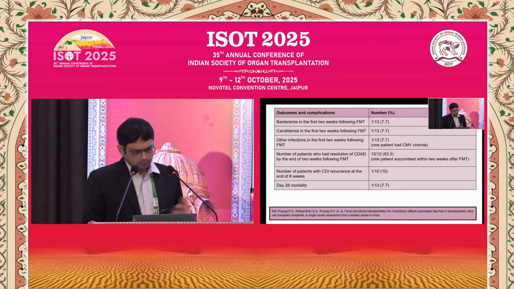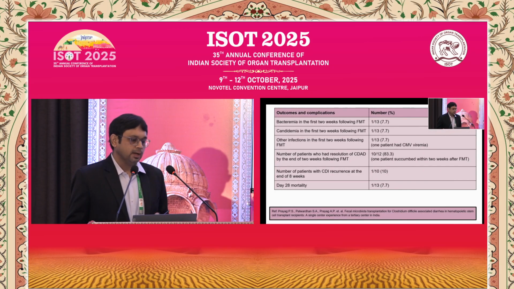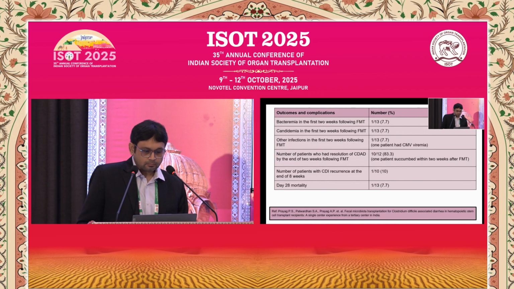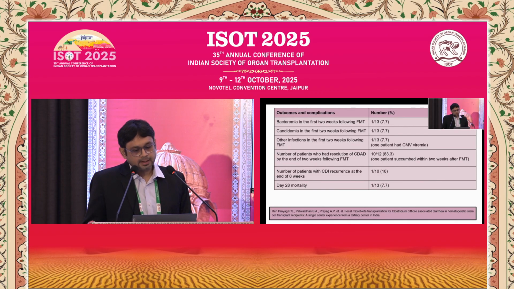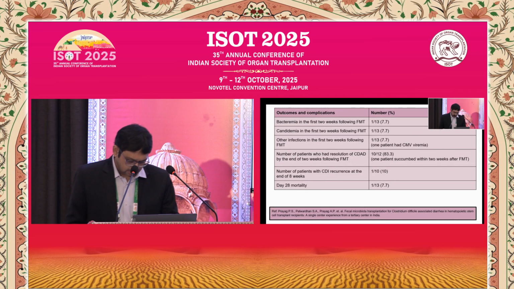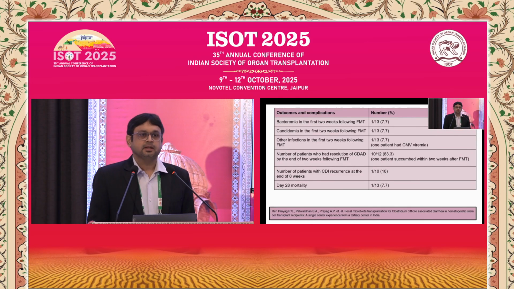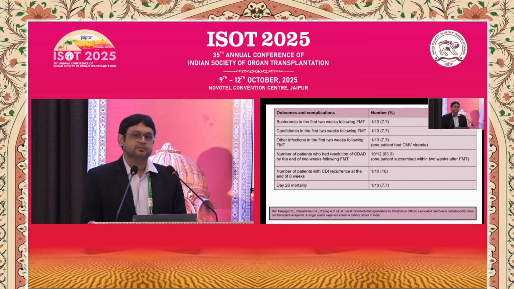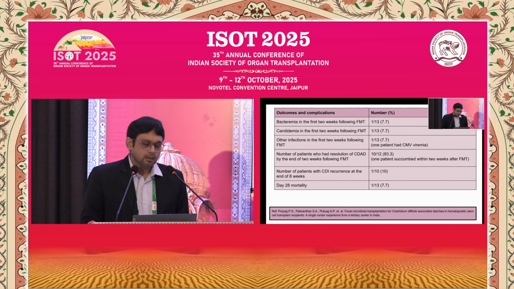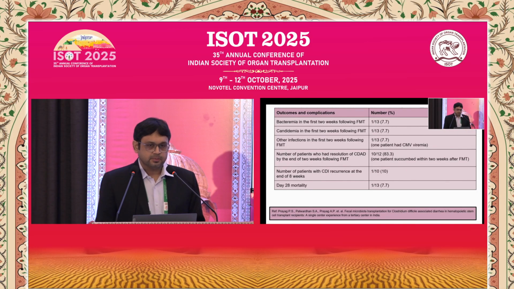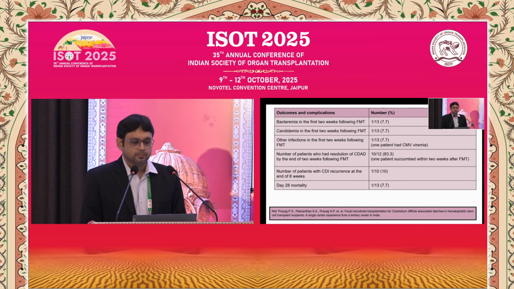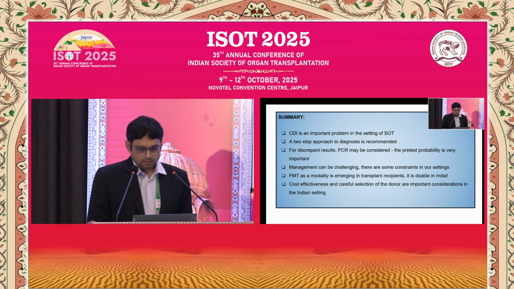In the first 13 patients that we did, one had bacteremia, one had candidemia, and one had CMV viremia. So larger studies need to be done as far as safety is concerned. But in general, like I said, these safety issues over the last 2 or 3 years in immunocompromised patients have not been found to be very different from the immunocompetent patients. CMV is still something that is debatable.